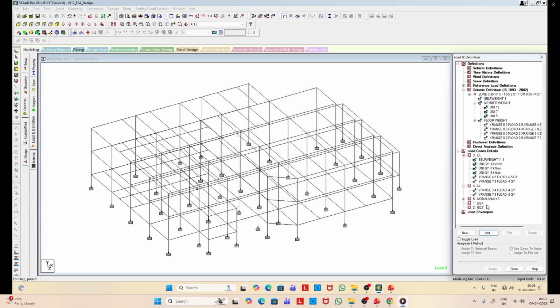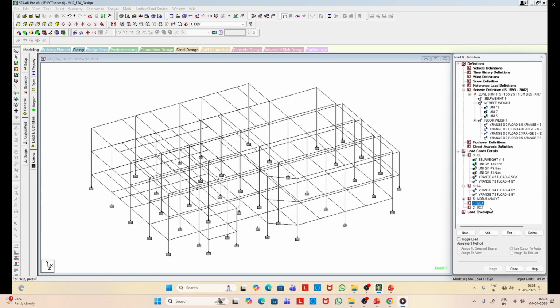Now these are under the modal case right now, so we will adjust that. For that again, we can very easily do it from the text file. And once we apply that load, then we have to go for further analysis for the design against seismic load.